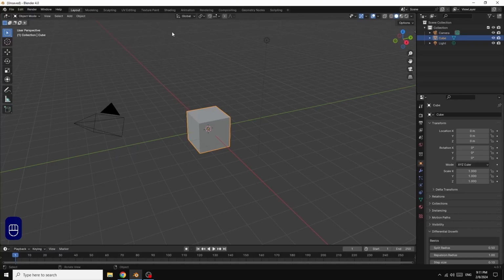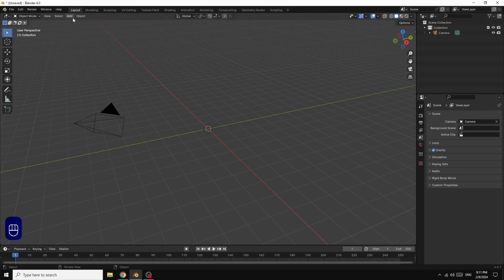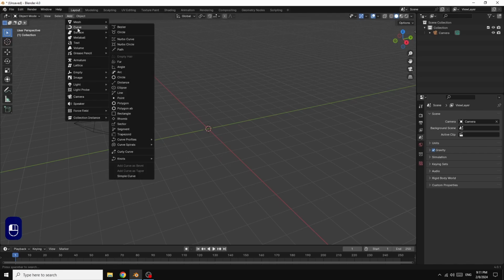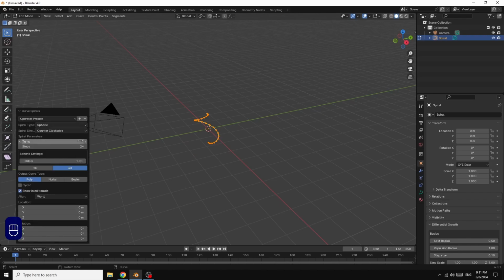First, select the cube and the light, right click, delete. Now go in curve, we select curve spirals and choose spheric. Open this window and increase the number